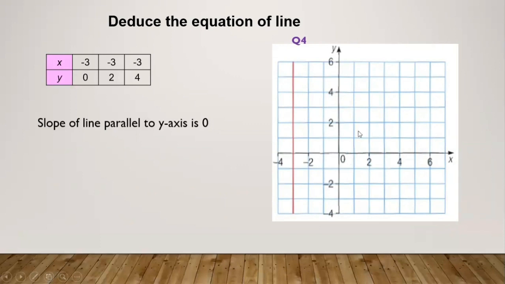There will be so many lines which will be parallel to the y-axis. Since there is no slope here, the equation is x is equal to minus 3. The equation of this line is x is equal to minus 3 because the x-intercept is given here. So x is equal to minus 3 is the equation of this line. Understood, children? Please watch again to understand it in a better way. Don't forget to write the equation of a line where the line is actually there.